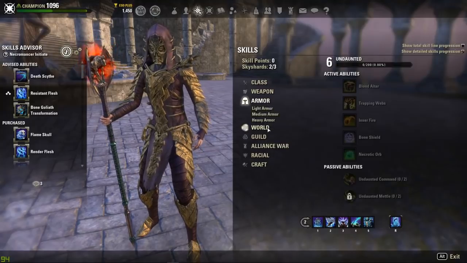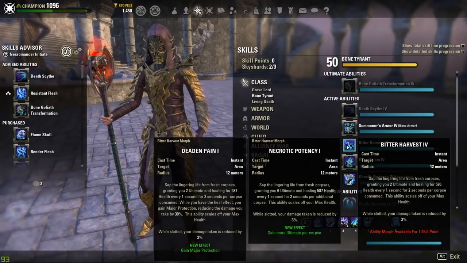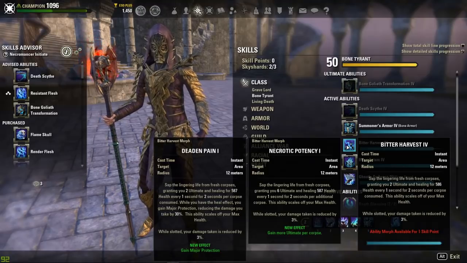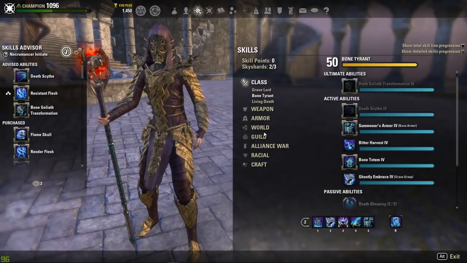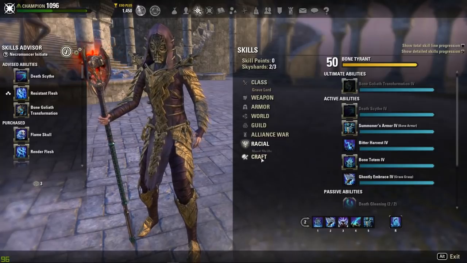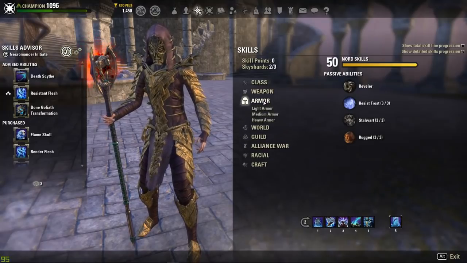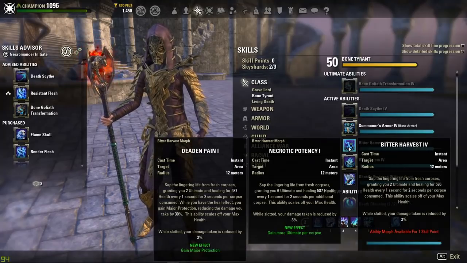Maybe using bats if you wanted to go with that as an ultimate, and then of course you could take advantage of the amount of ultimate that you can regenerate with a Necromancer. You could go bats. You can go vampire and utilize bats, and you would have a pretty good amount of uptime, especially if you were, for example, a Nord, right? If you had the Stalwart passive, plus you were paying attention and making the most use out of the necrotic